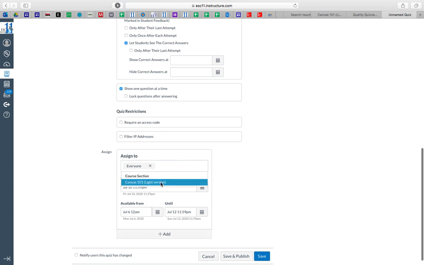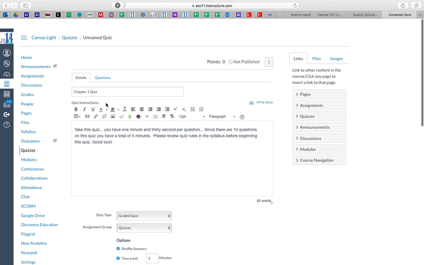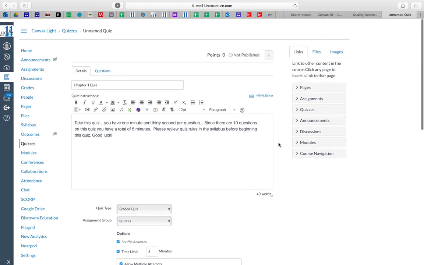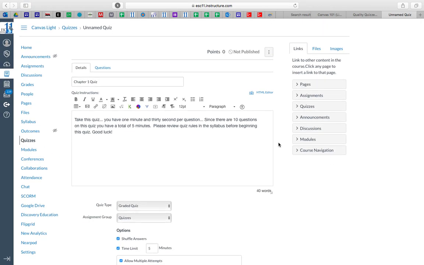The assignment here, assigned to, this is for all students. And then let's say that you've got some 504 students or special ed students, and you create this group separately. Then you can assign this quiz to both all students and then your 504 students. Or if you wanted to get rid of everybody, then this quiz could be just a quiz for your 504 students. Now, at this point, we have simply set up the inner workings of the quiz. We have not actually created the quiz just yet.